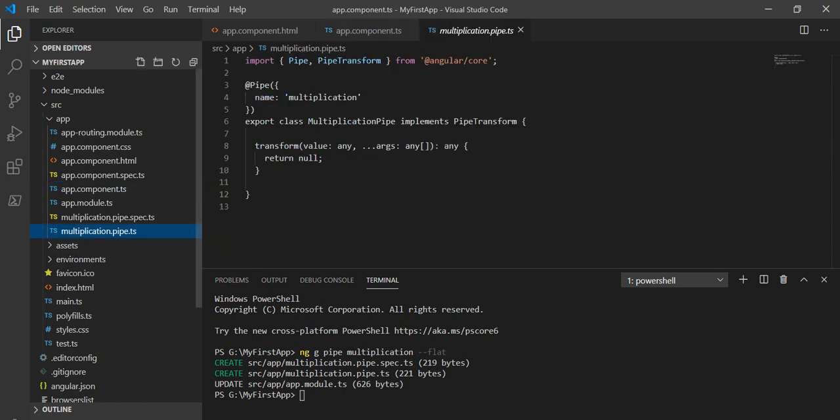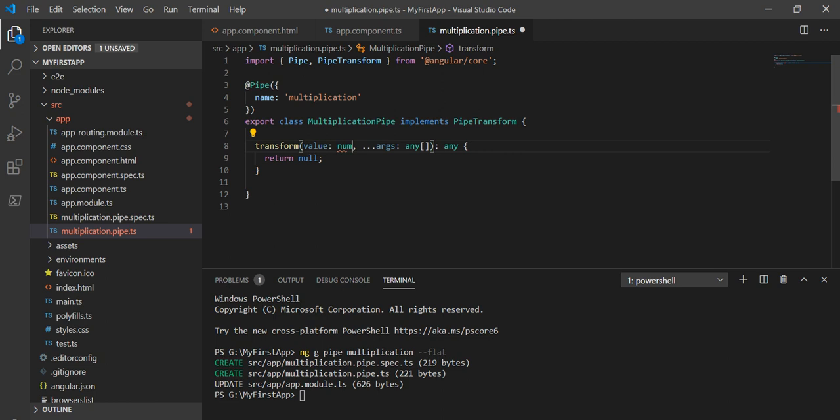Go to this ts file. We can see it is directly importing Pipe and PipeTransform from the Angular core library, and in the Pipe decorator we have our pipe name, and this is the transform function. Here we will write our logic. This is the parameter which will come from the HTML, and as we are going to pass numbers, I will make it the number type, and another variable, num1, will also be the number type.